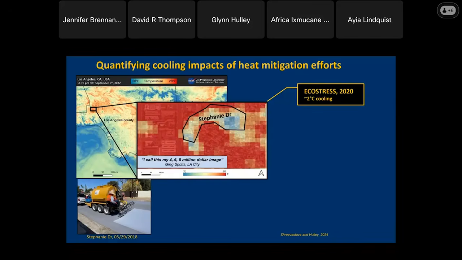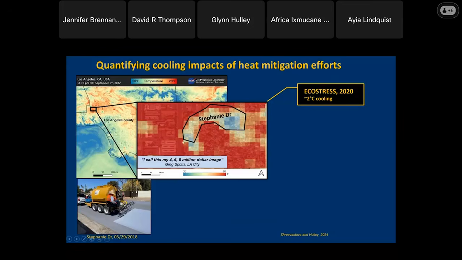For example, in Los Angeles, Phoenix, and a lot of areas of the US now, they're implementing this cool pavement technology, which is literally a paint emulsion with higher reflective qualities than typical asphalt. And when you measure it on the ground, it's roughly about 10 degrees cooler than regular asphalt. And so in 2018, they started a prototype project in the San Fernando Valley. And in 2020,